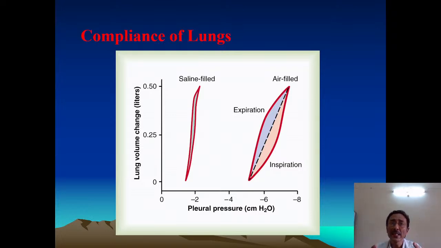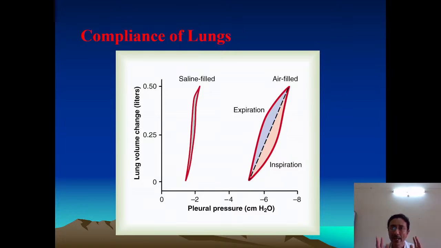The surface tension exerted by the water molecules is causing the alveoli to collapse, and we need to increase the pressure. Active inspiration has to take place so that the lungs expand, overcoming the collapsing nature of the lungs due to the surface tension. So that is the conclusion of the role of surface tension exerted by the water molecules